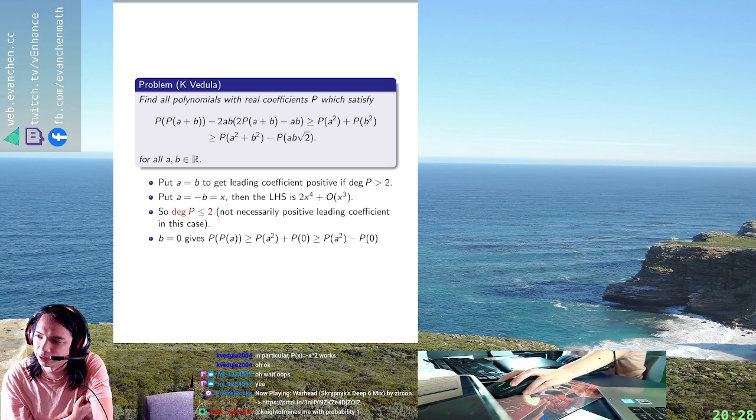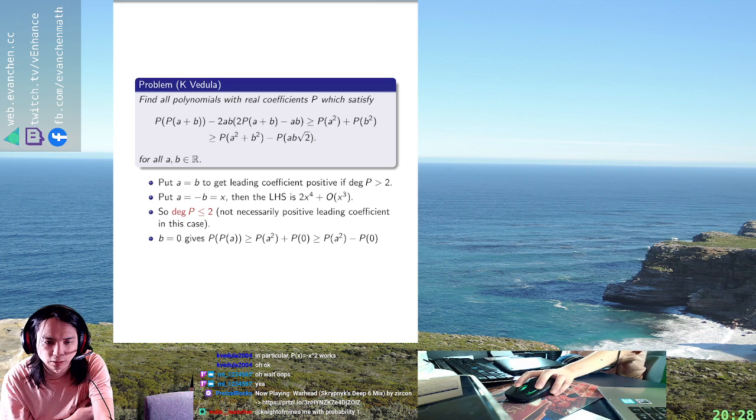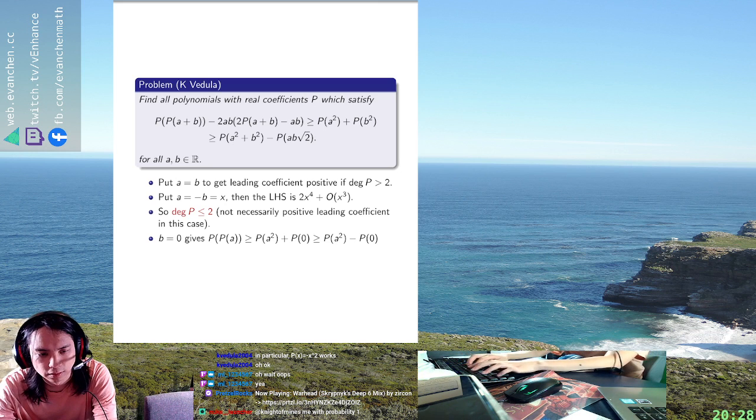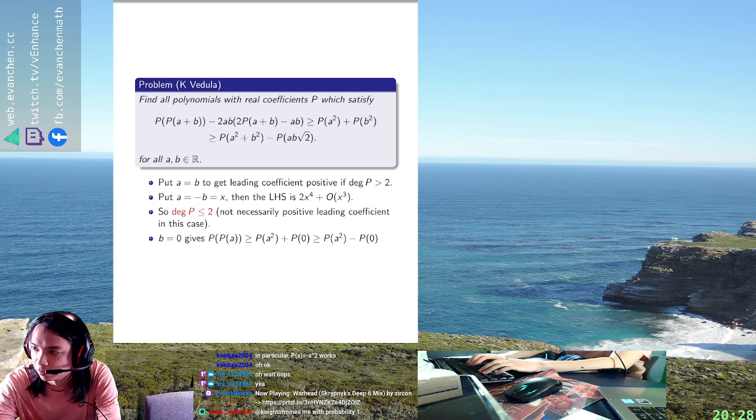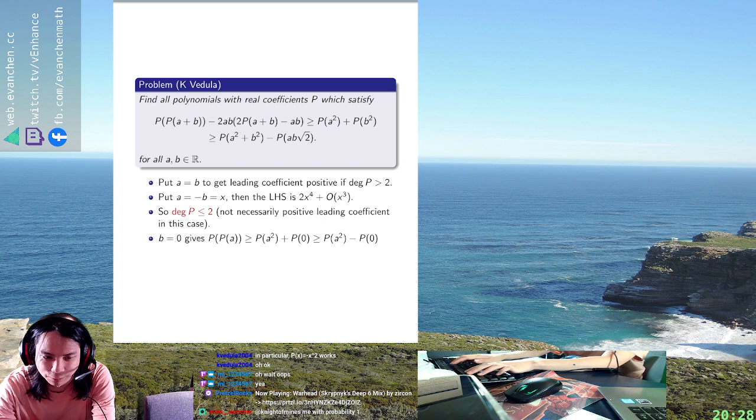Maybe I should actually write down what I get from A equals minus B. I didn't actually write it down other than this thing. So A equals minus B equals X gives something. So P of 0, which we now know is non-negative, I guess, minus 2x squared, 4x squared P of 0